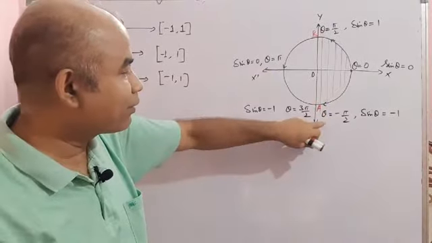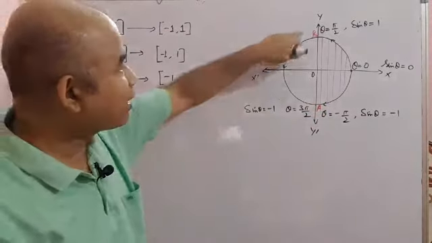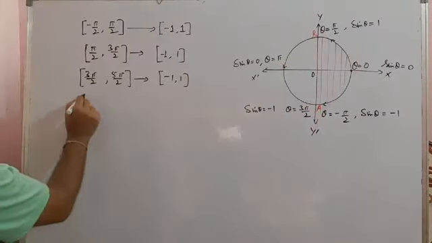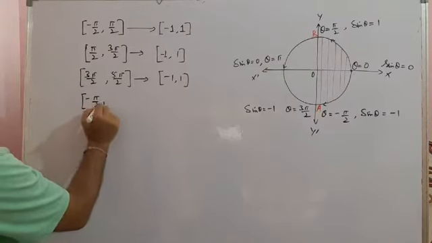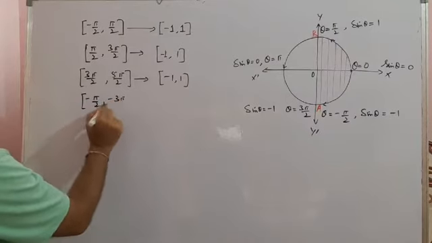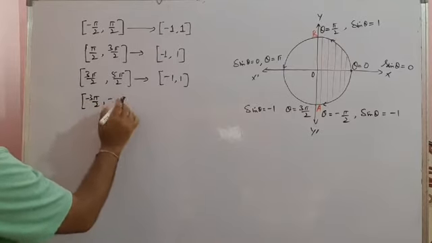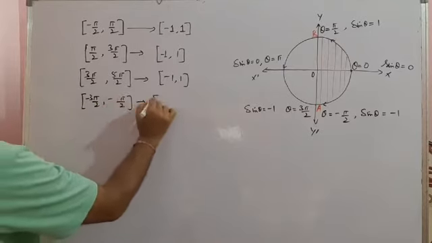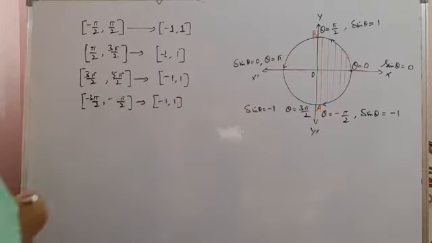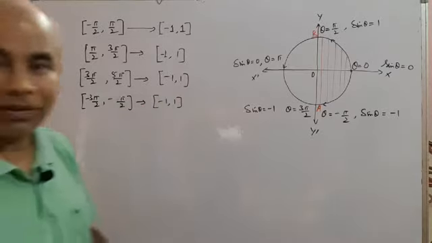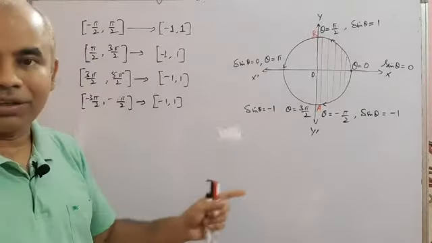No, it is minus pi by 2, it is minus pi, it is minus 3 pi by 2. So from minus pi by 2 to minus 3 pi by 2. Okay, if I take it in this way, that means actually it will be negative. So this one, then also you will get all the values from minus 1 to 1. Okay, clear? Or we can continue it like that one.